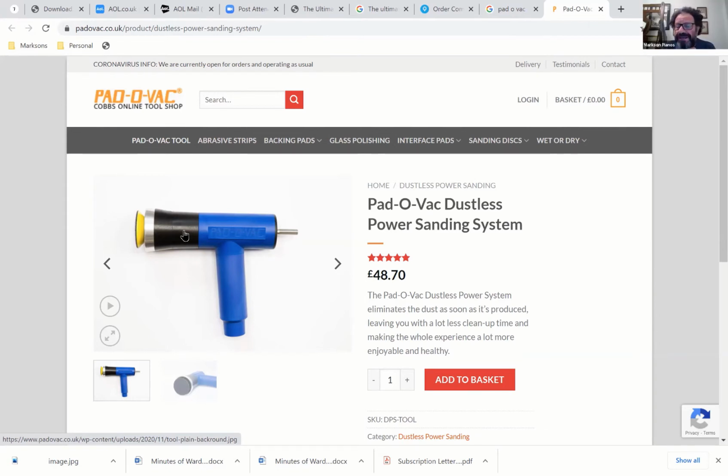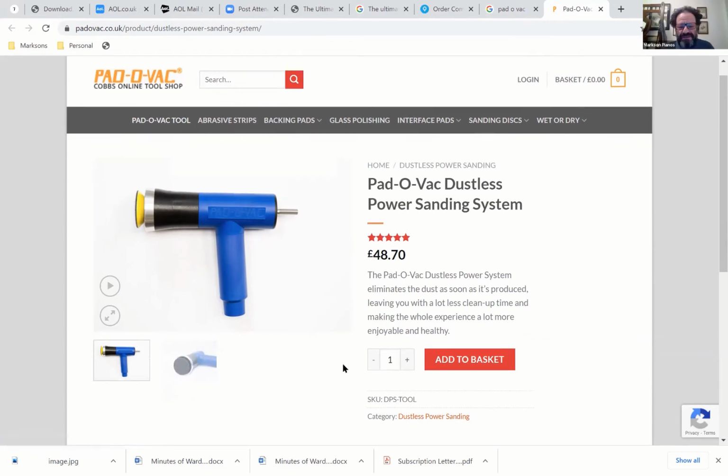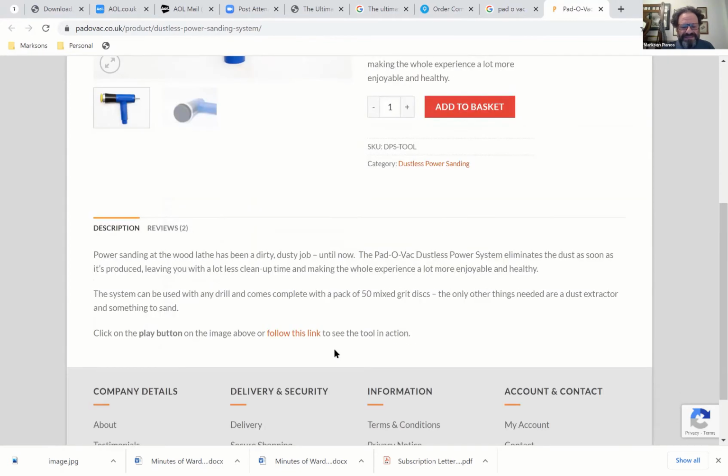Are you patenting that? What happens to the dust that flies off sideways, that escapes that first bit of suction? Now, somewhere there is a